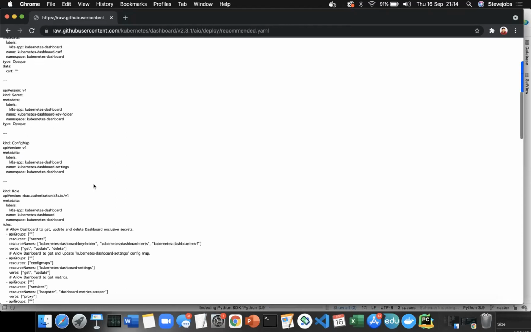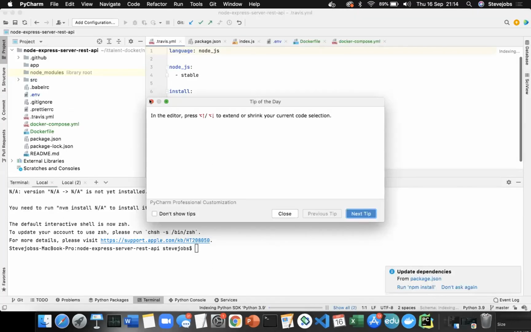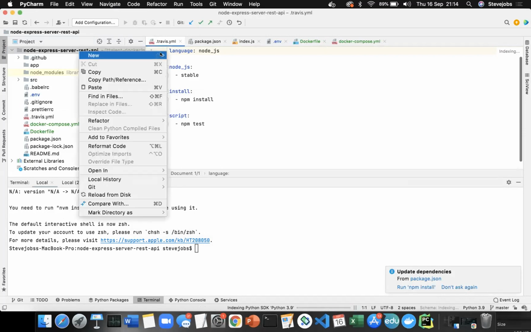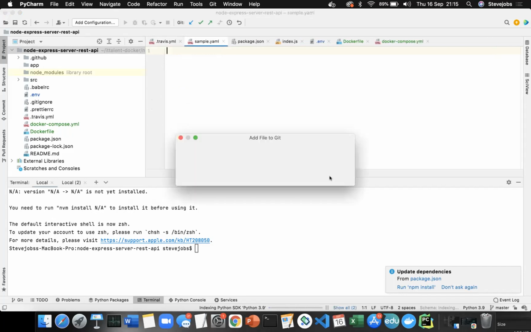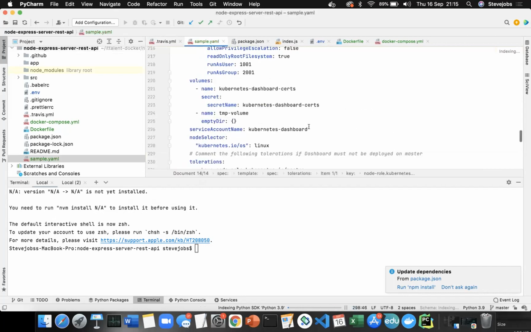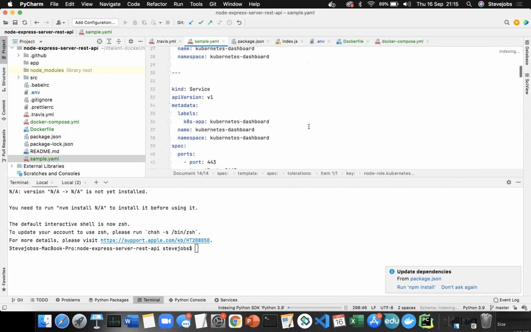This kind of Kubernetes file is what I want to explain. How I want to explain is, let us take a new YAML file, and here in this YAML file, sample. You can see that this is a sample YAML file. A typical YAML file here, and why I'm trying to run it is, if I run this YAML file, you